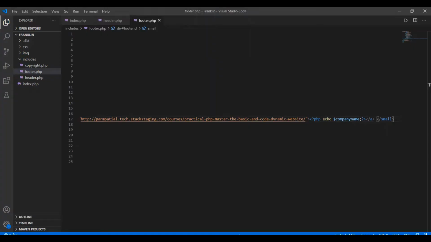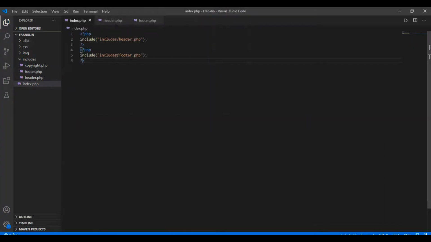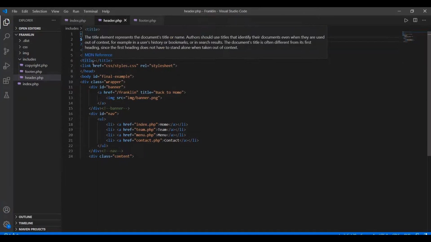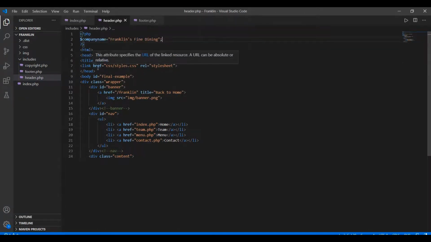So what we have done here, we see this file that is index.php, or if we move to this file that is header and title, we have not given any title to this. In the static case, we would have to give a title to every page.